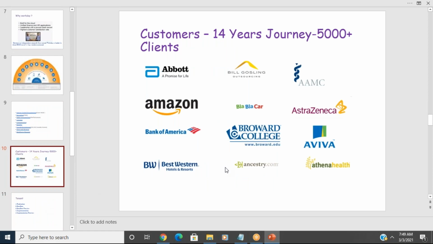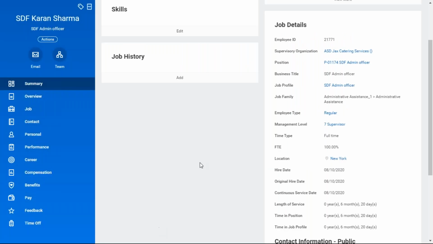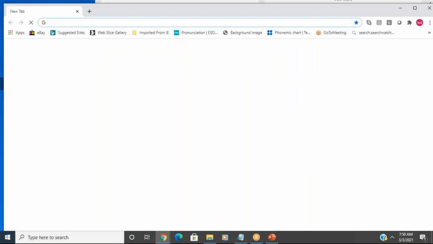Next, coming to the customers, it's 5,000 plus customers. Last year they had 2,500, so 100% growth.